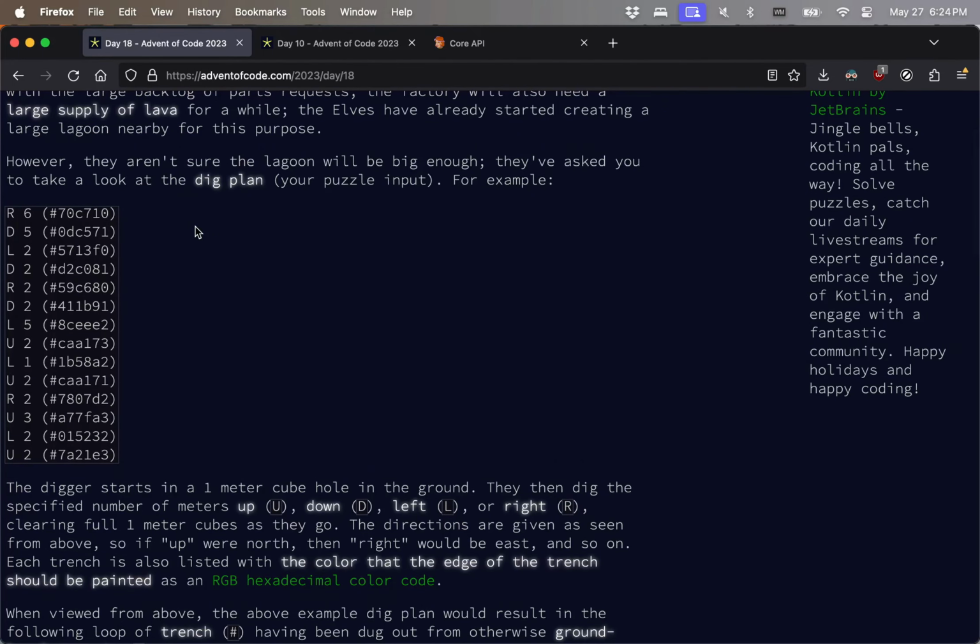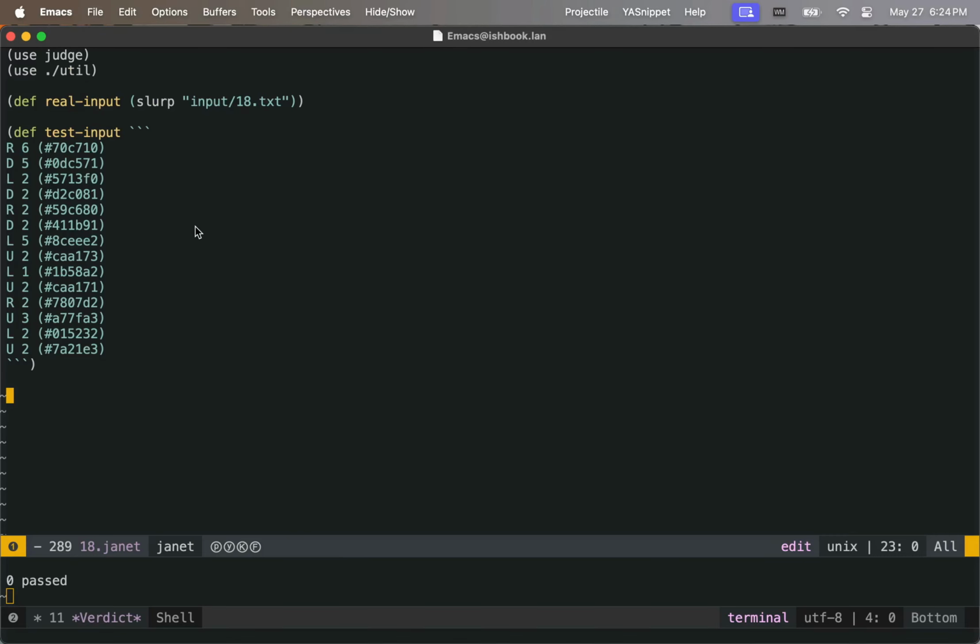I haven't practiced this one, so it's going to be another kind of slow one, but we'll start as always with a peg. Split on new lines, and a line is a direction, and then a space, and then, yeah, I'll call it a count. And that's it. For part one, we don't care at all about anything after this. We just want these first two numbers. So a direction